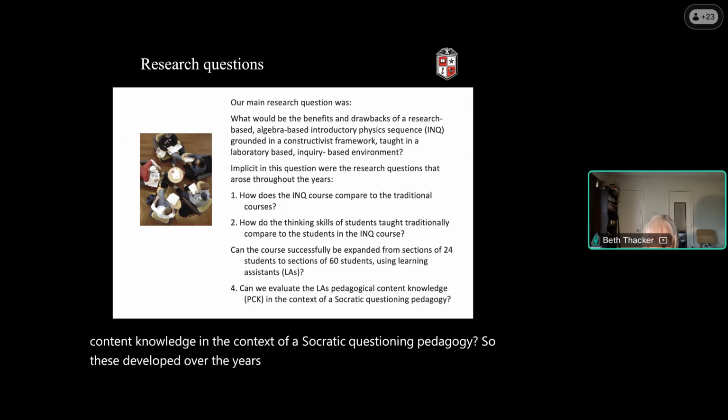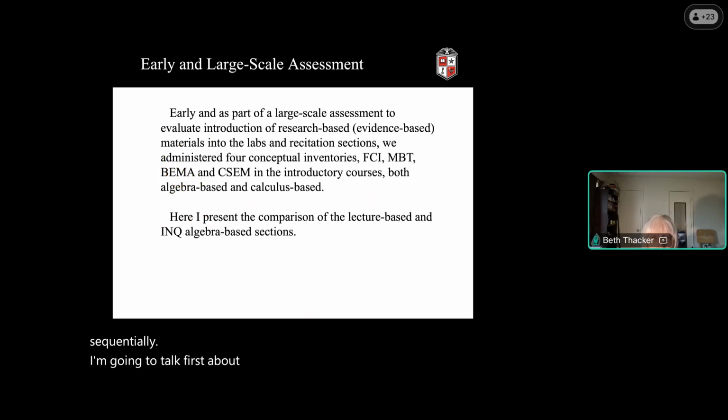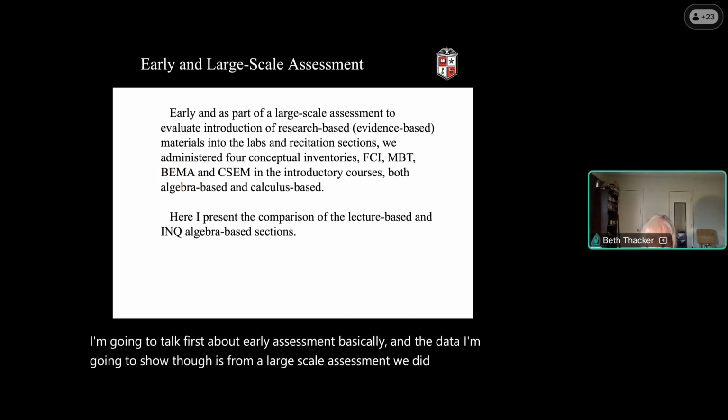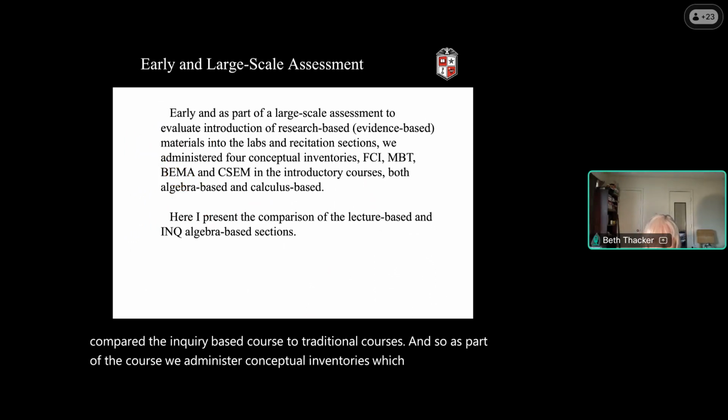So I'm going to go through them kind of sequentially. I'm going to talk first about early assessment, basically. And the data I'm going to show, though, is from a large-scale assessment we did where we compared the inquiry-based course to traditional courses. And so as part of the course, we administered conceptual inventories, like the Force Concept Inventory,